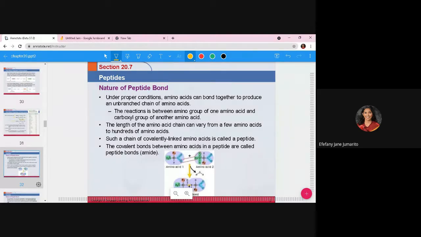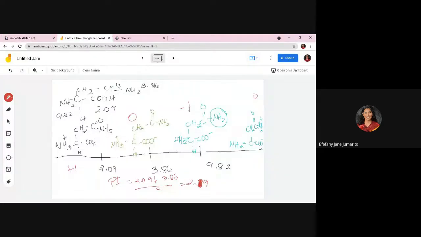Again, what is a peptide? Okay. Before we proceed, because this is difficult since it is neutral,